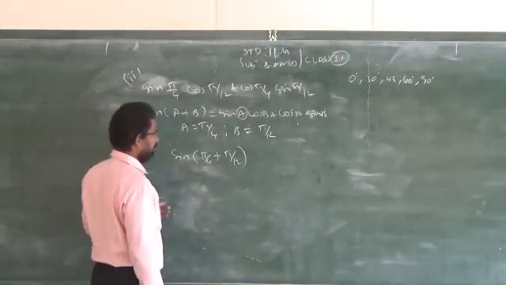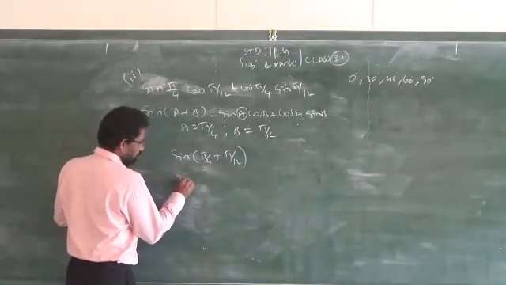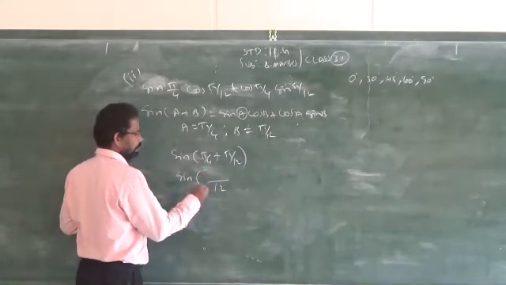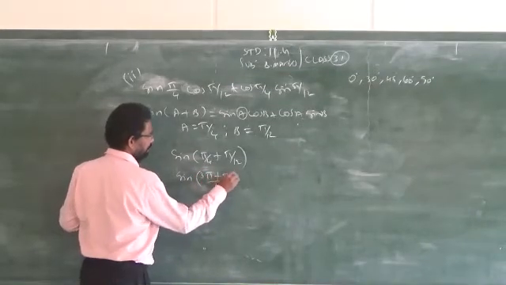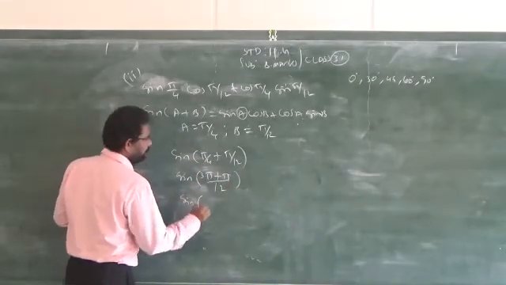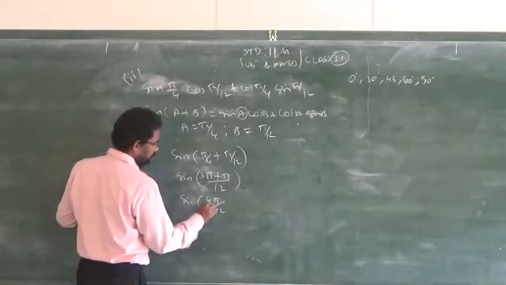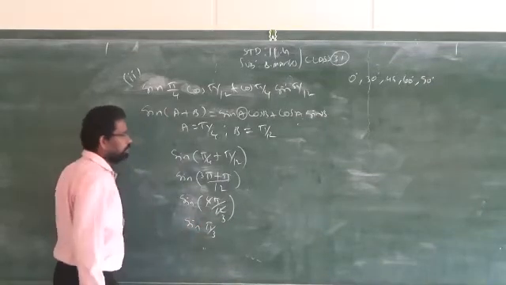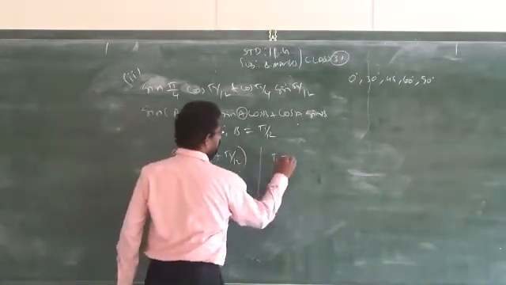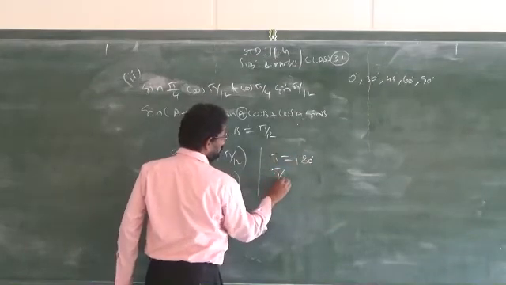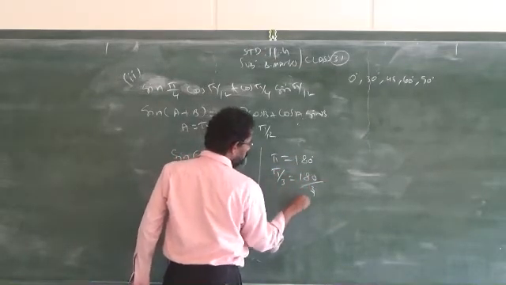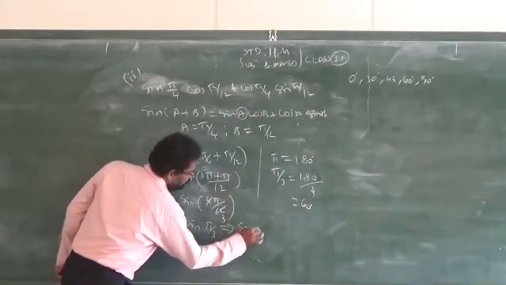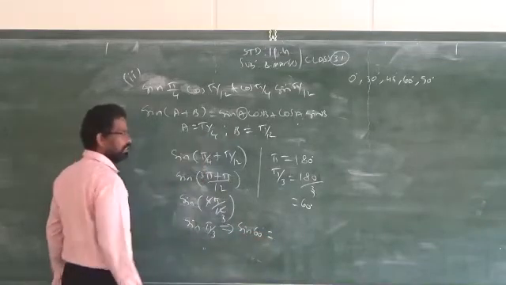Now you simplify, take LCM. What is the LCM? 12 will be the LCM. This 4 will go how many times in 12? 3 times. So 3 pi plus pi, which will give you sin 4 pi by 12. We can cancel, you will get pi by 3. What is pi by 3? I told you already, pi stands for what? 180 degree. Pi by 3, you are supposed to divide 180 by how much? 3, which will give you 60 degree. So sin 60 degree. What is the answer for sin 60 degree?